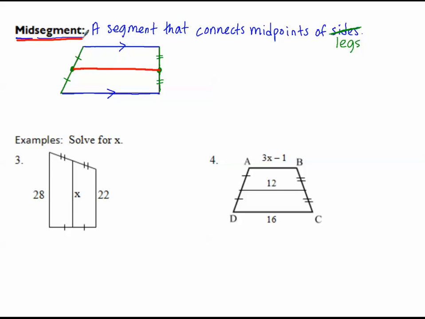That's a midsegment. A couple properties to know about midsegments. It's going in the same direction as the bases, so it's parallel to the bases. So one thing we want to say about a midsegment is it's parallel to the bases. That's one important property. The other important property is notice the lengths of them. This is the shortest, this is the longest, and this looks in between. In fact, it's exactly halfway in between, just like a midpoint is exactly halfway in between the two endpoints. So the length of it is